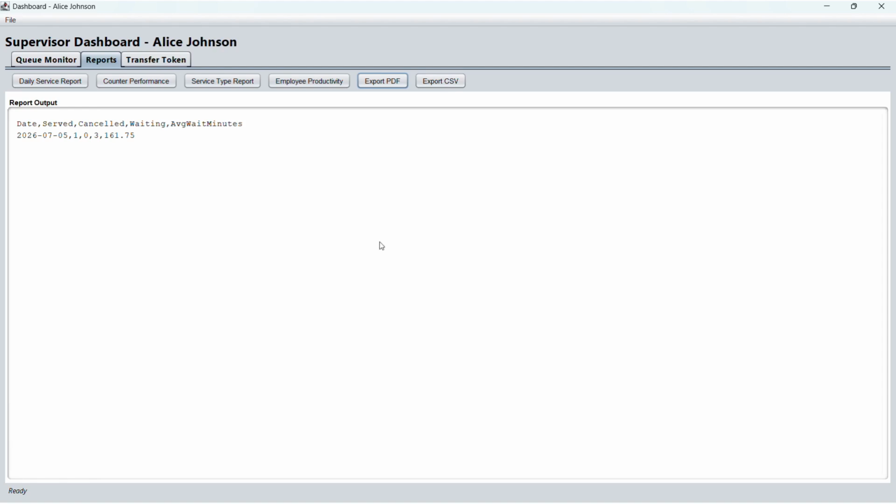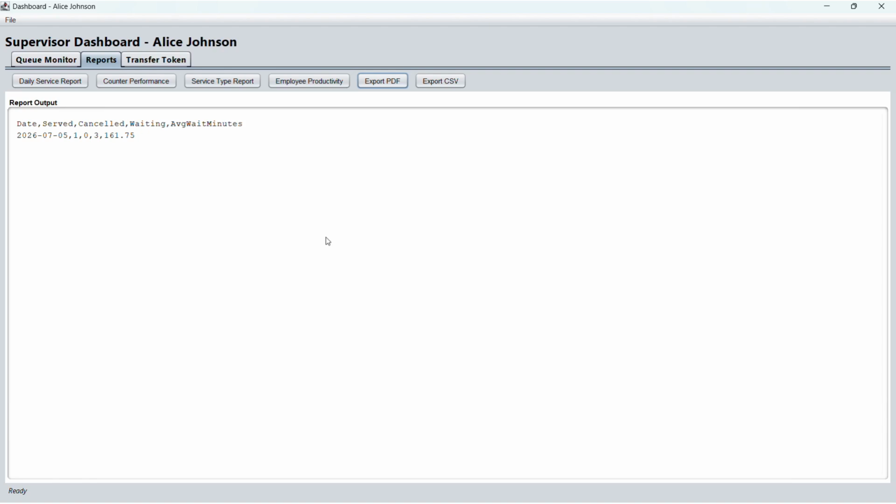The system allows the user to save the reports directly to the local machine, ensuring the data can easily be shared with management or integrated into other business intelligence tools.